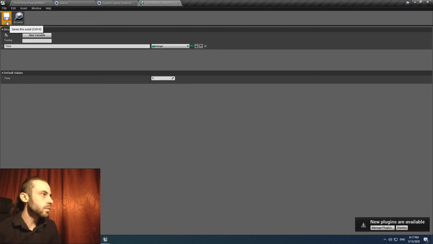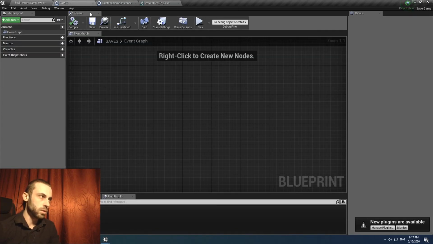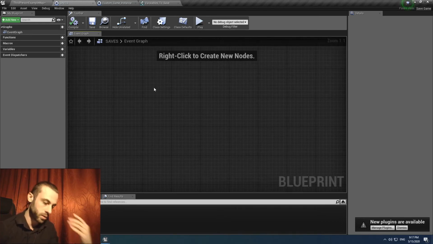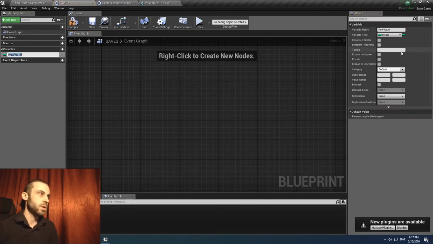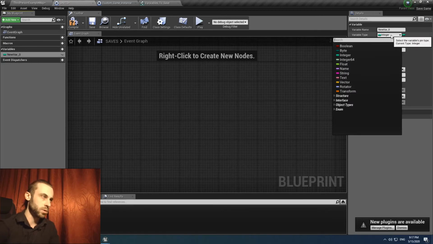Okay. So basically when you work with structures, you do the same logic, but the only thing is that you save one structure and load only one structure, and that's it. After that you get the variables that you need. So we go back to our saves, create a variable, name it like the name of our structure,